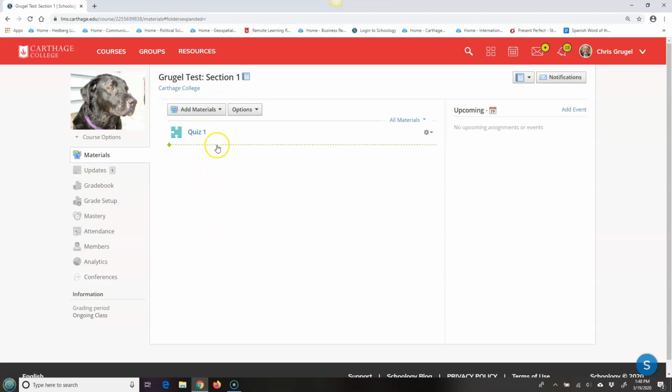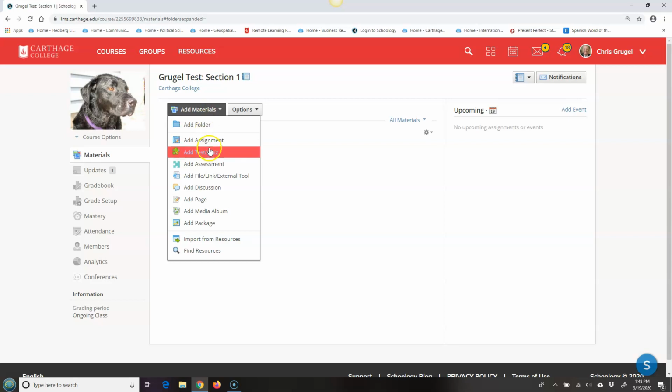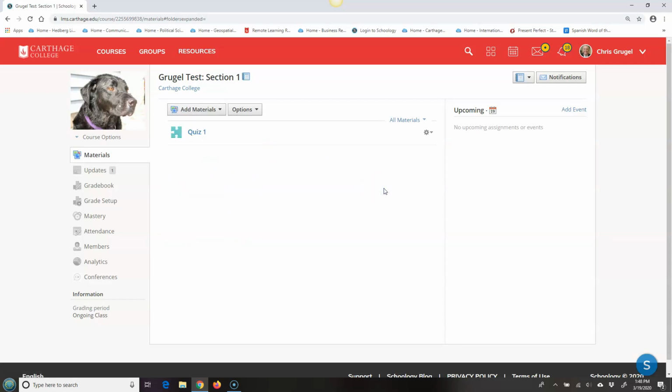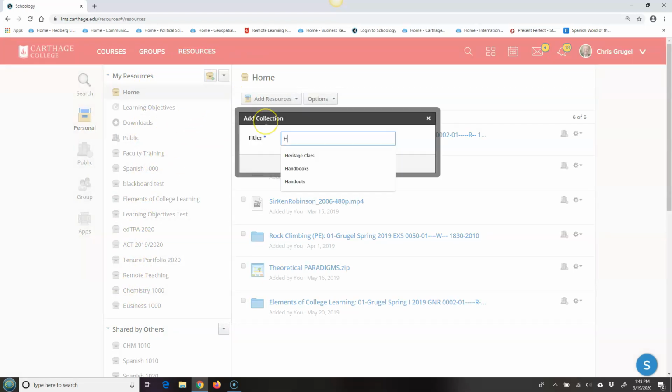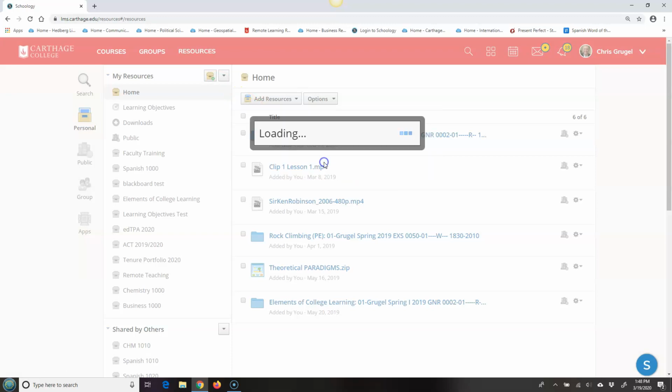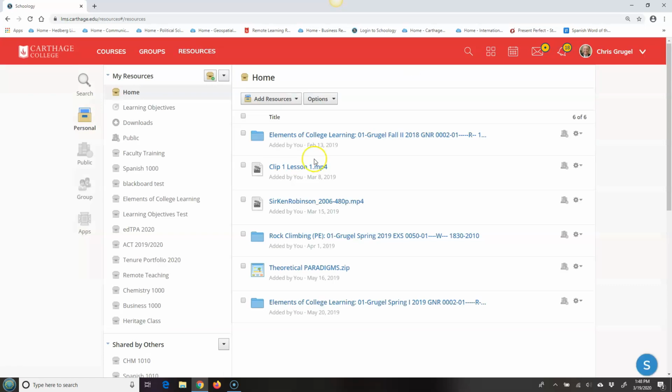And this same process applies whether it was an assessment or a test or a quiz. So it's an online test that students are taking. So the first thing you've got to do is go up to Resources. I've created all these collections right here. So I'm just going to create a new collection, and I'm going to pretend this is a Heritage class because